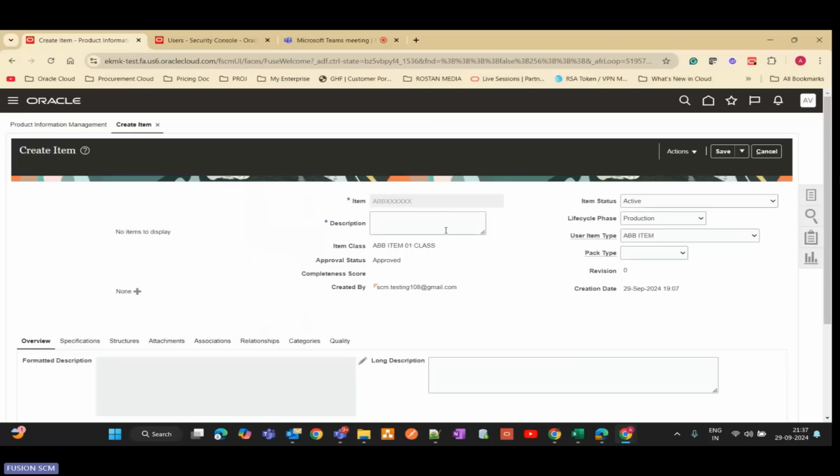Now, if you notice the item number, you won't be able to see your item number until you save that record. It will be ABB as a prefix coming from the item class. XXX means numbering series, so you won't be able to see all these values, which come from the template. So I will say my